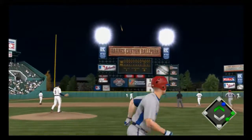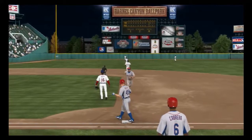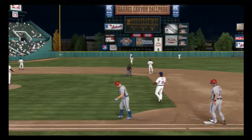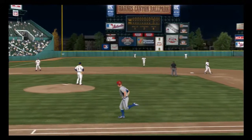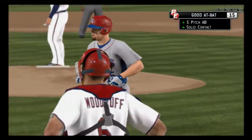Big swing there as it's hit pretty well out toward deep left field. Ozuna will settle under it to make the play for the first out as the runner will have to head back to first. Yeah, it looked like...